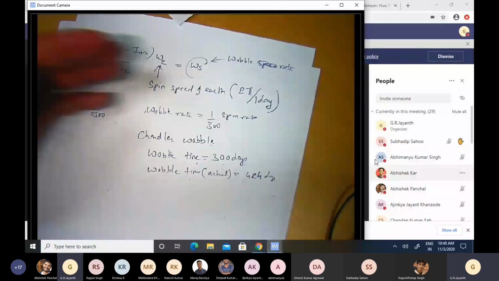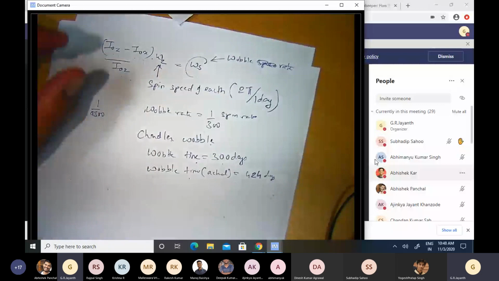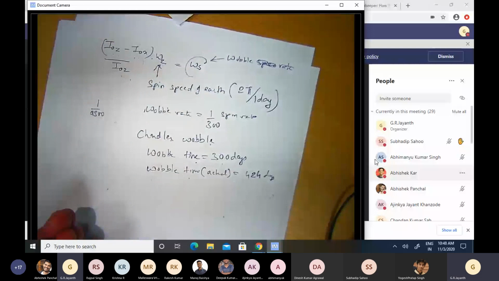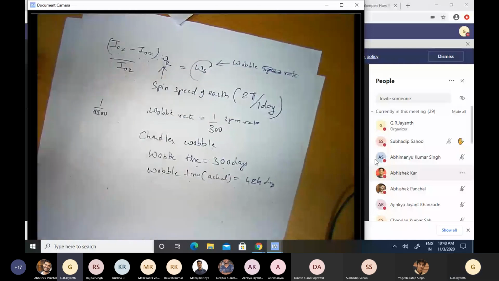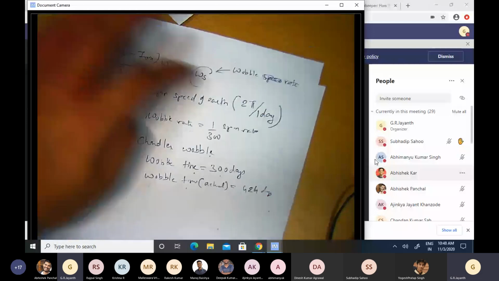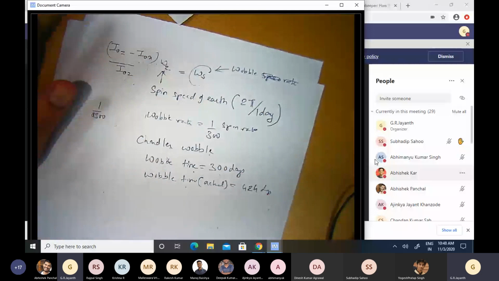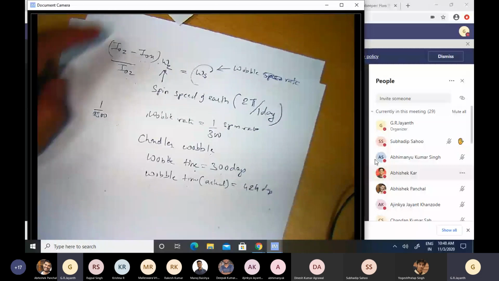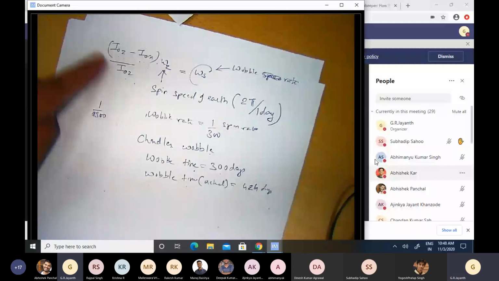Okay, there has been some mix-up. So as a stopgap makeshift solution, I have redefined these variables for this particular problem alone. Why exactly is it this way? It doesn't agree well with my common sense. Although intuitively I would expect this to represent the spin speed, why is it representing the wobble speed? Because only if it represents the wobble speed do you get the correct expression, that the wobble rate is 1 by 300th of the spin rate. Why that is so is not clear to me at the moment.